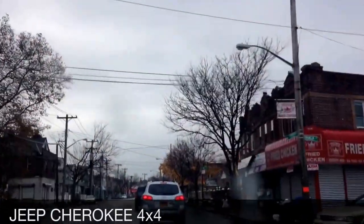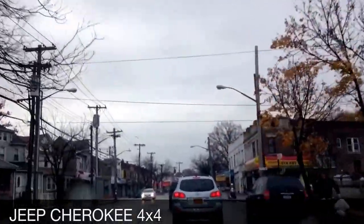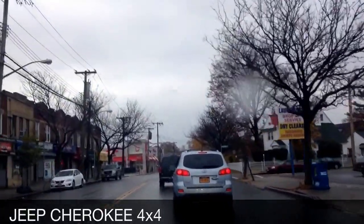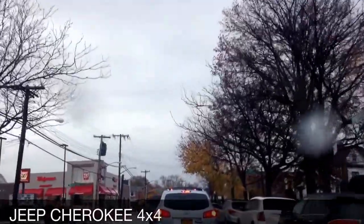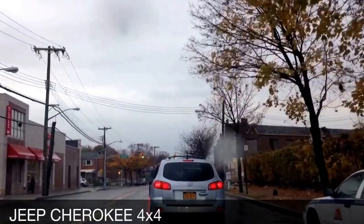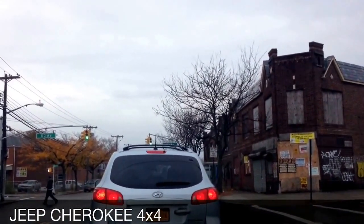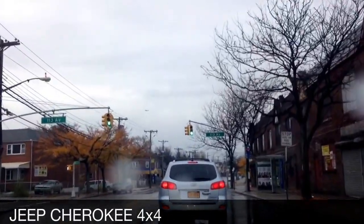A small crossover SUV has to be a lot of different things to a lot of different people. We had inclement weather here in New York City. It was raining, as you can see, so I didn't really put this car to its test. But what I can say is that because it comes with a V6 and because it comes with a 9-speed transmission, I found the driving experience to be very good and definitely a lot more convenient than I did the Subaru Outback all-wheel drive, because the Subarus that I test drove, or actually rented, had 4-cylinder